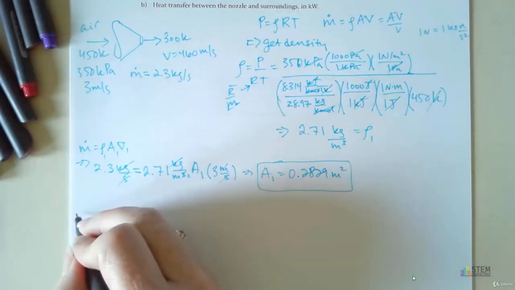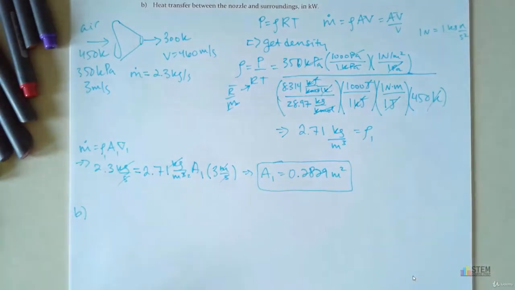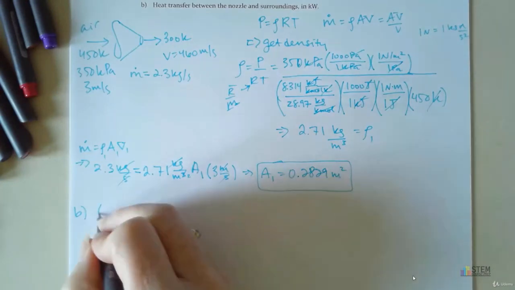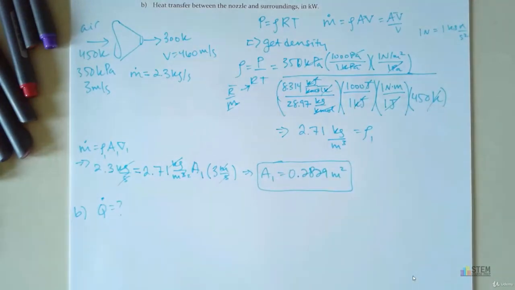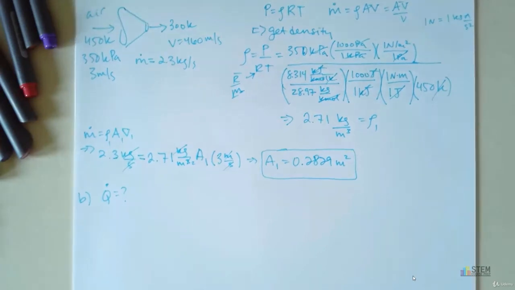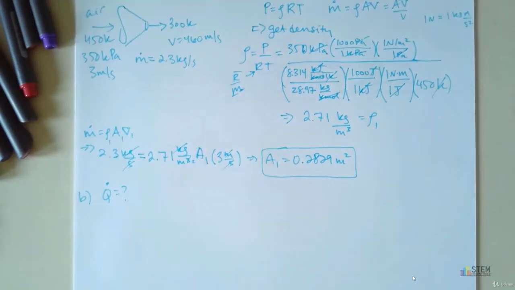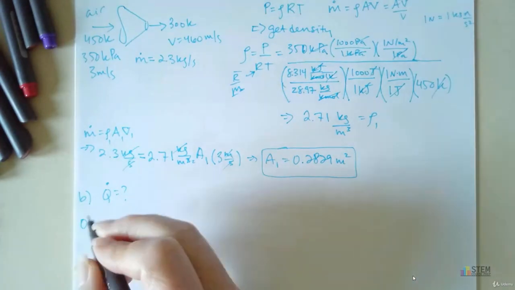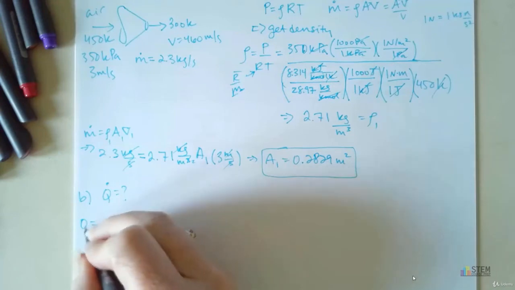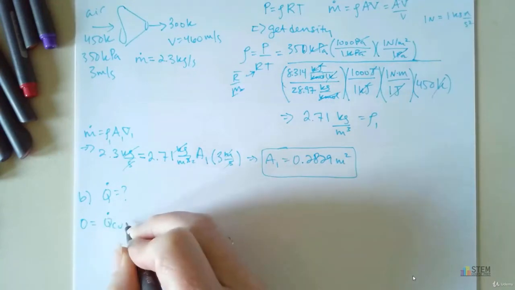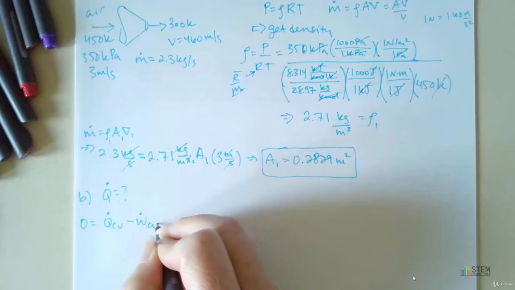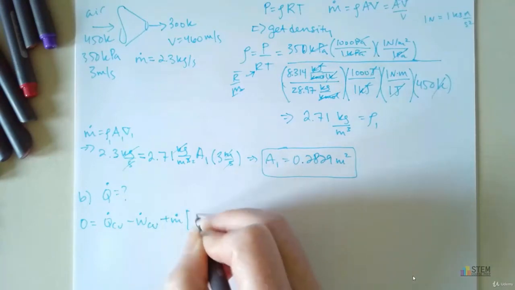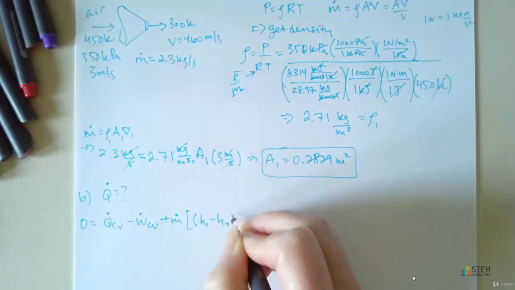All right. And then for part B, we want the heat transfer between the nozzle and the surroundings. So that means we want to find Q dot. Now for this, you're going to use your energy balance equation. Anytime you're wanting to find Q, we always use that energy balance equation. So I'm going to write out the full equation, the steady state version. So we've got 0, it's going to equal QCV dot minus WCV dot plus M dot times H1 minus H2